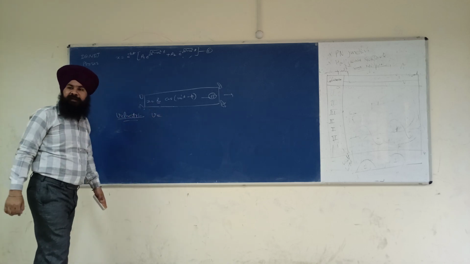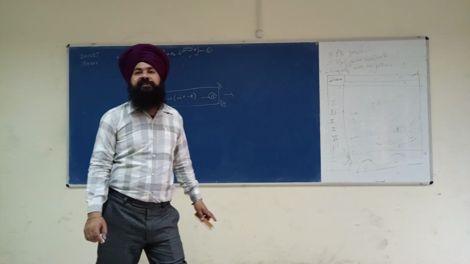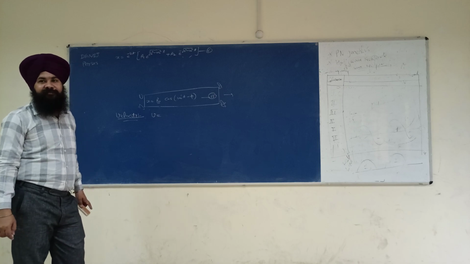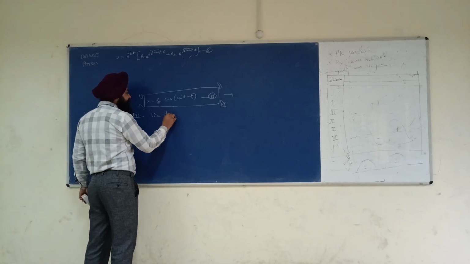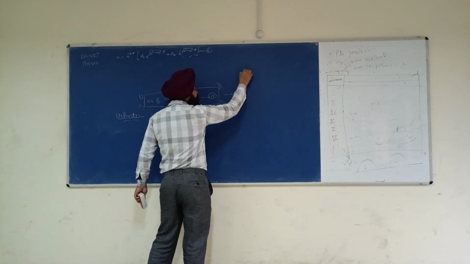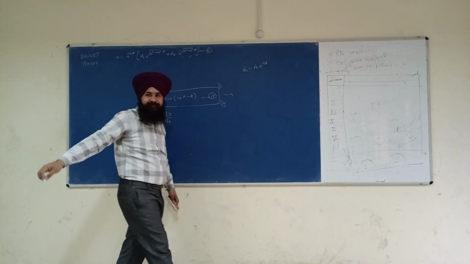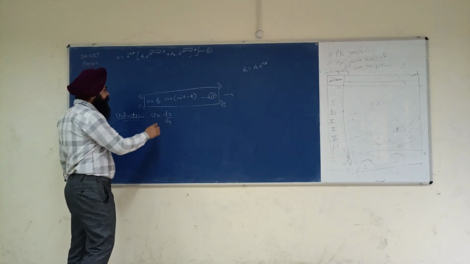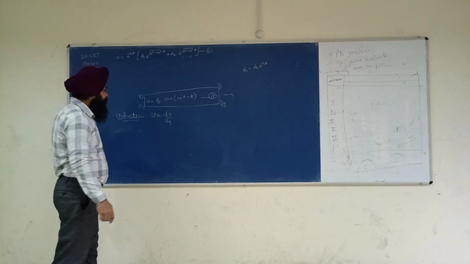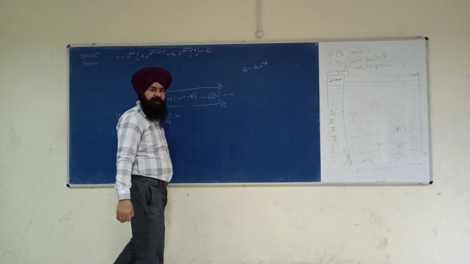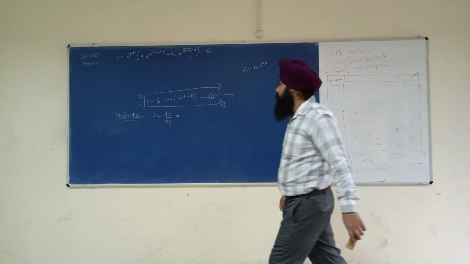Velocity is equal to the derivative of displacement, dx upon dt. And r naught is equal to a naught e to the power minus b t. Remember this. Okay, so see, this is the first function and this is our second function. So what will I do? I will apply the uv formula.